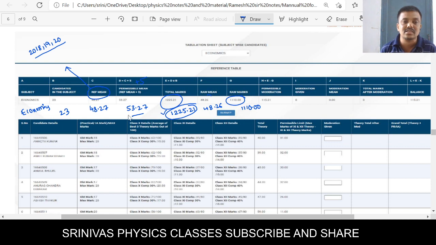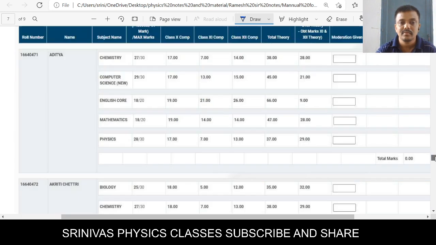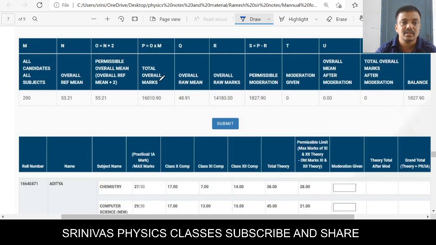That means you can raise your subject average if you want. How much you can raise? Here it is permissible 5, but let us see the total school result. You see here, this is the overall mean. This is the total overall school mean, previously the reference mean.